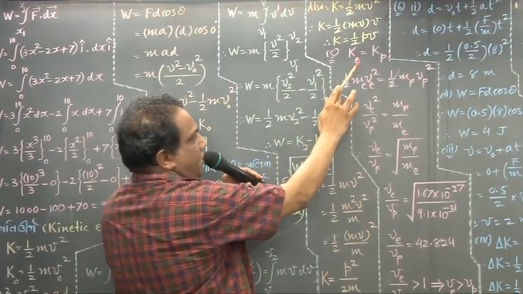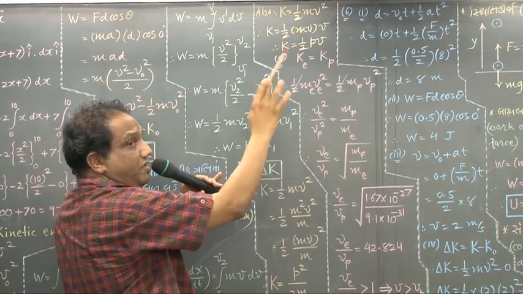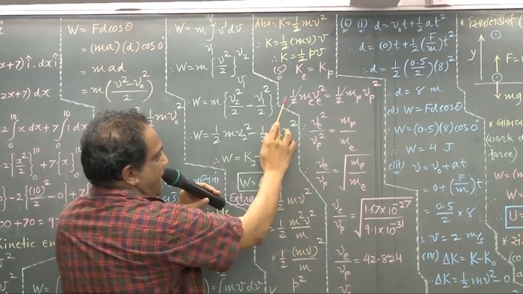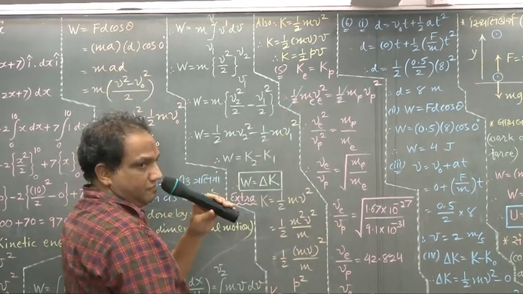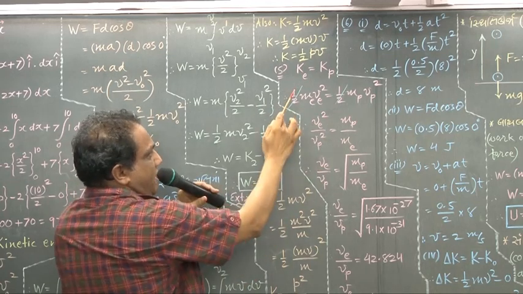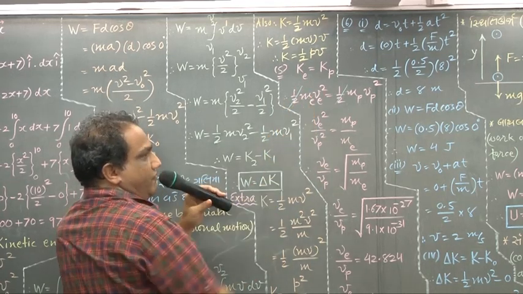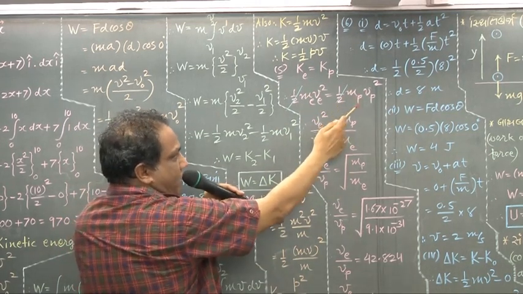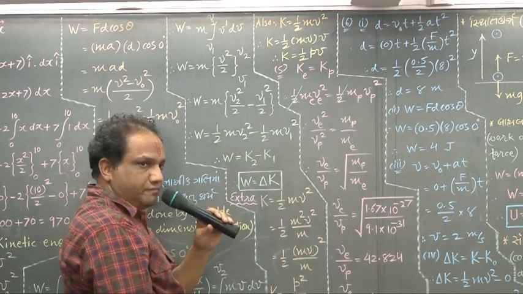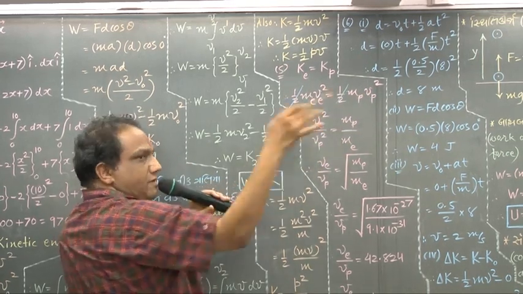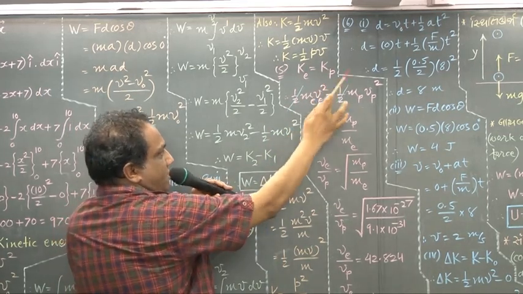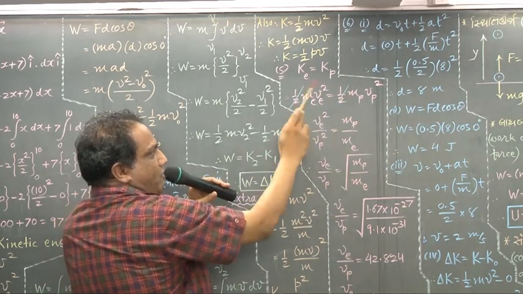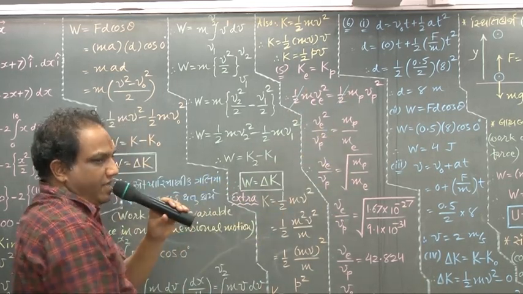Look here. The kinetic energy of electron and kinetic energy of proton they have given equal. Now what is kinetic energy? Half mv square. For electron, 1 by 2 me into ve square. For proton, 1 by 2 mp into vp square. The 1 by 2 gets cancelled, so we get ve square upon vp square equals mp upon me.